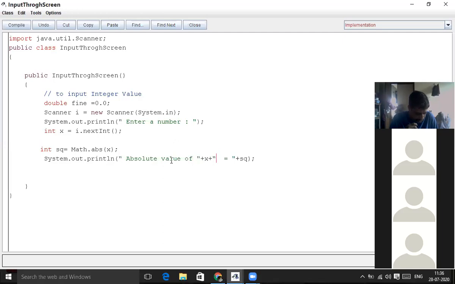Now here you can see some of the information I will share. What is a library class of Java? Library class of Java means predefined classes of Java which are included in an application program are called the library classes. These predefined classes are there in various packages, and I am using one of them, called the utility package. You can see over here I have used a utility package, and inside the utility package I have a class called Scanner that I have used over here.